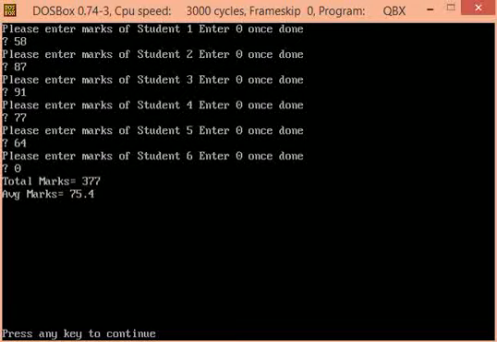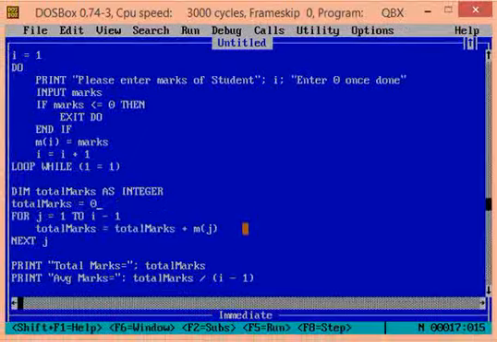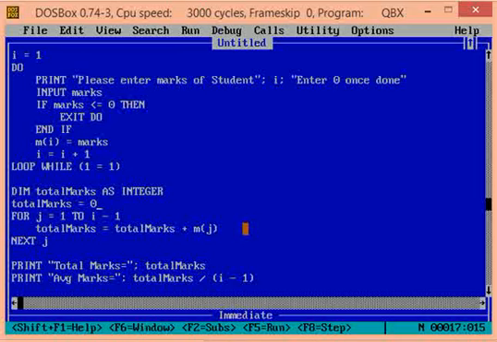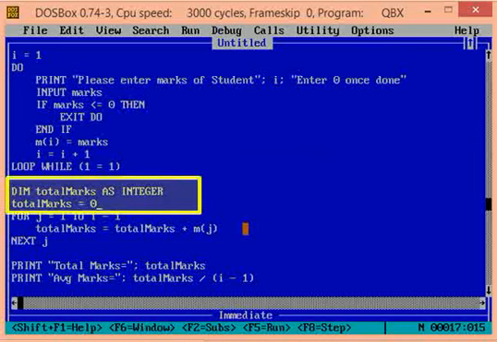Let's go back to the program and see how the average is calculated. The formula for finding average is the sum of marks obtained by students divided by the number of students. Therefore, to find the sum of all marks obtained, we created a variable called total marks.